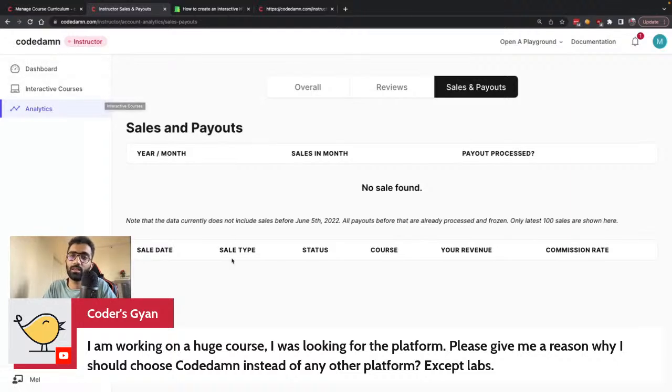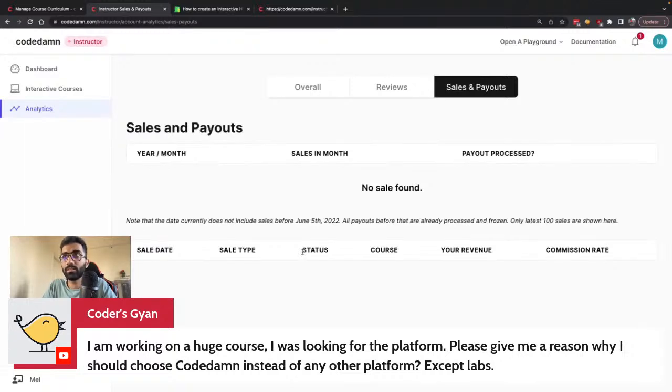So that is another thing. It is transparent. The third thing, which I feel is a very important aspect, is that we have close to 100,000 developers already registered on the platform. So launching your coding course on this immediately gives you exposure in front of 100,000 people already on the platform.